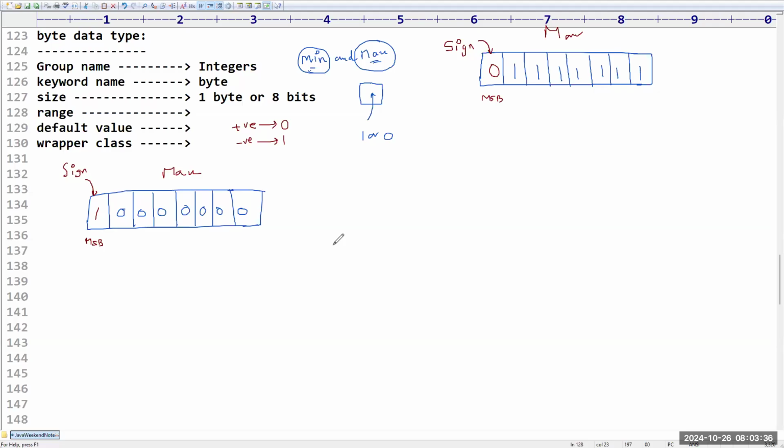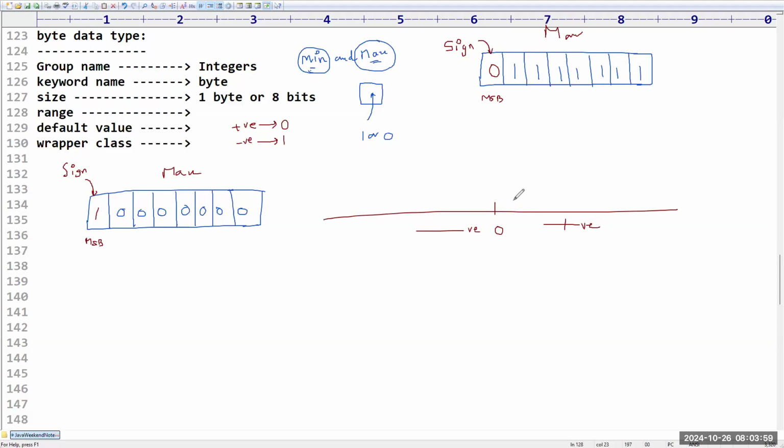So in that MSB, if you have a 1, what is the meaning of that? It is a negative number. Sir, why have you changed this? Because I want to calculate what is the range of the byte data type. Byte means what? It is an integer, right? In the integer scale, 0 will be here, and on this side positive numbers, on this side negative numbers,